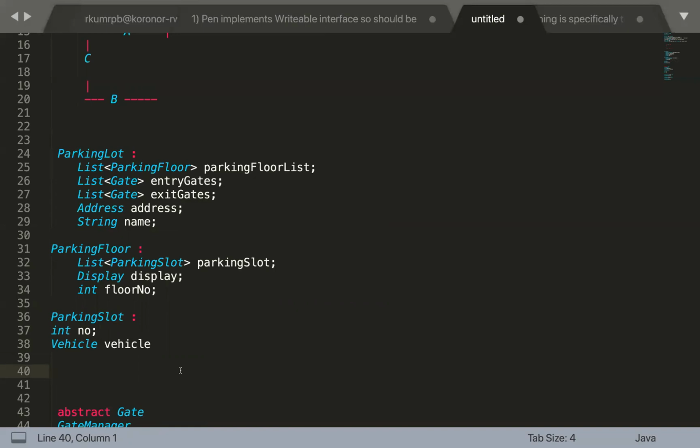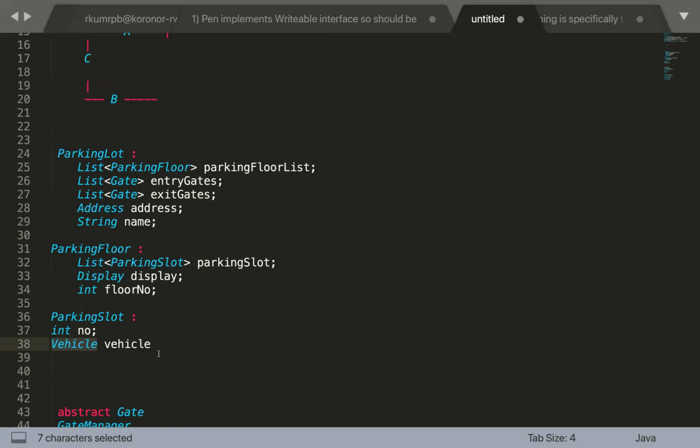Now, one major problem, which was also listed by Aditya, is the vehicle supported. Here we are having this vehicle information, because the parking slot can be of different types. Probably it can be car parking, motorcycle parking, bus or large vehicle parking.